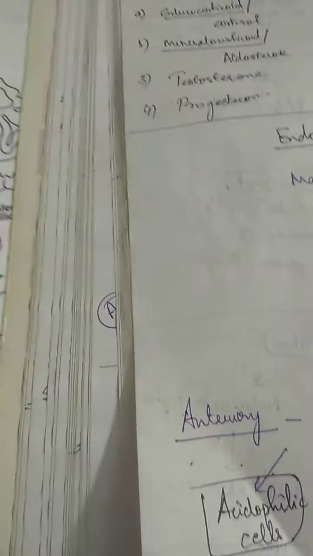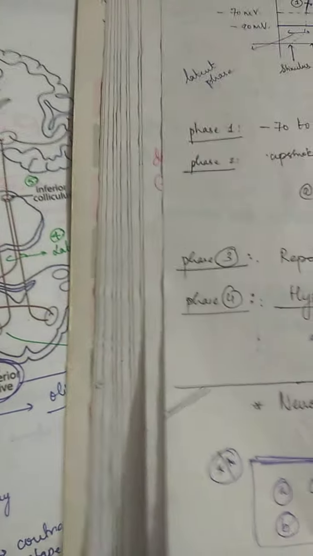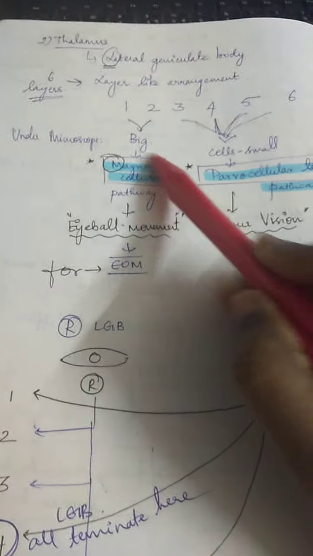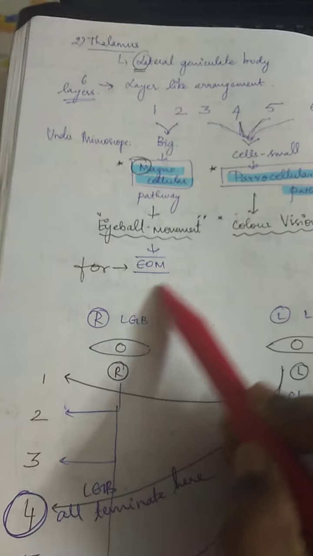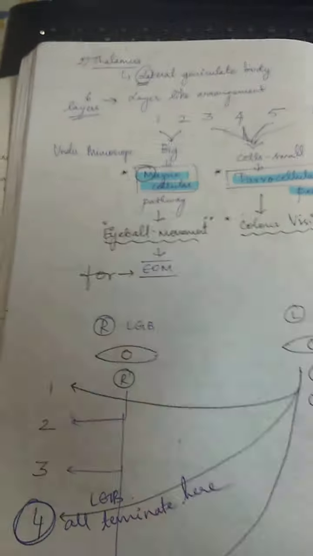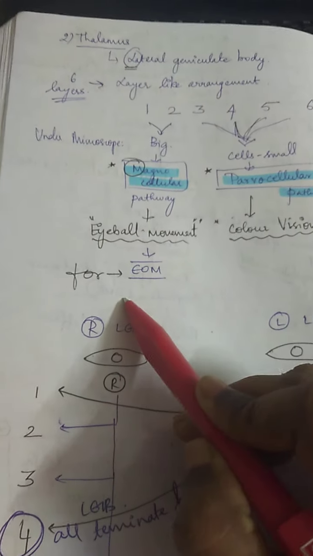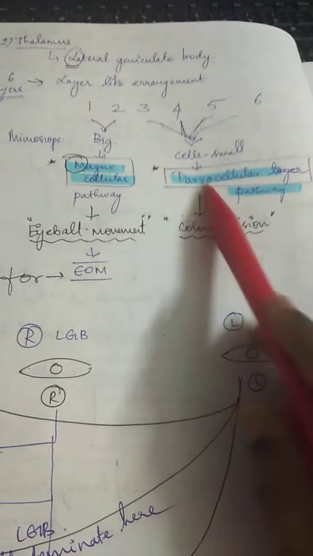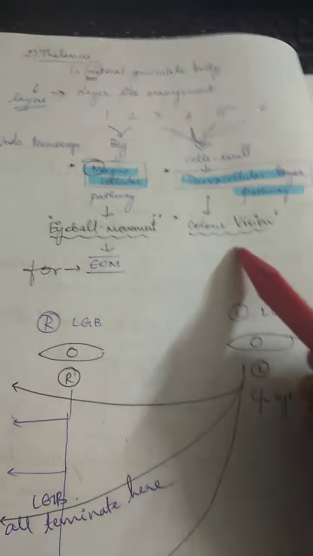Now what happens after it reaches the lateral geniculate body? After going to the lateral geniculate body, it goes to the thalamus. In the thalamus, there are 6 layers: 1, 2, 3, 4, 5, 6. Layers 1 and 2 are known as the magnocellular pathway, which is responsible for sensing eyeball movement, so everything related to eyeball movement is relayed there in the thalamus. And in layers 3, 4, 5, 6, the parvocellular pathway, the color vision will go and